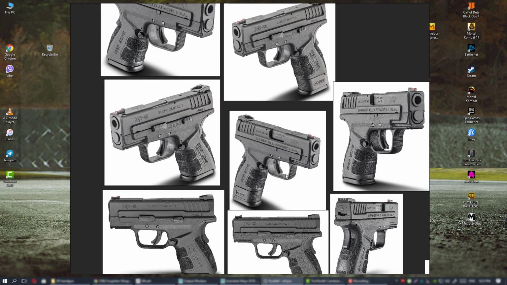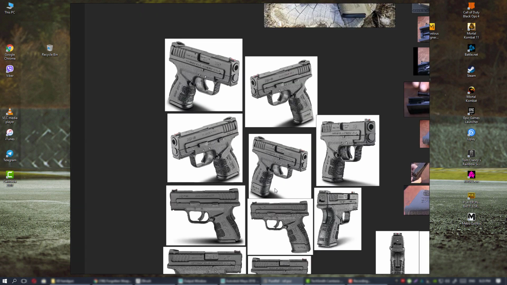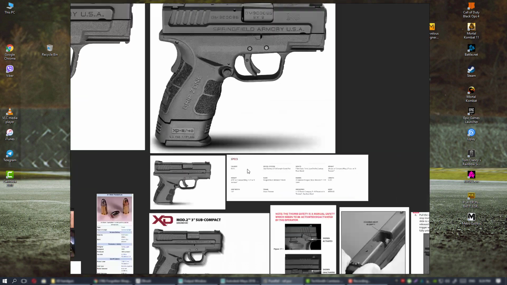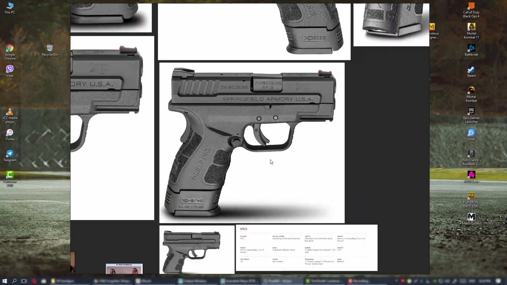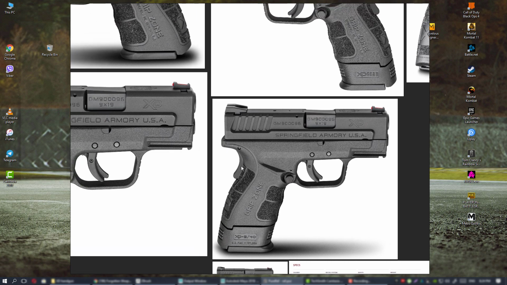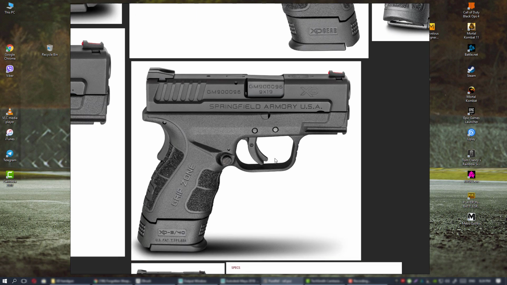And even if you have those specs, like the width of the grip or the length of the gun, and those high-res pictures, you're still not going to be 100% accurate with this gun,